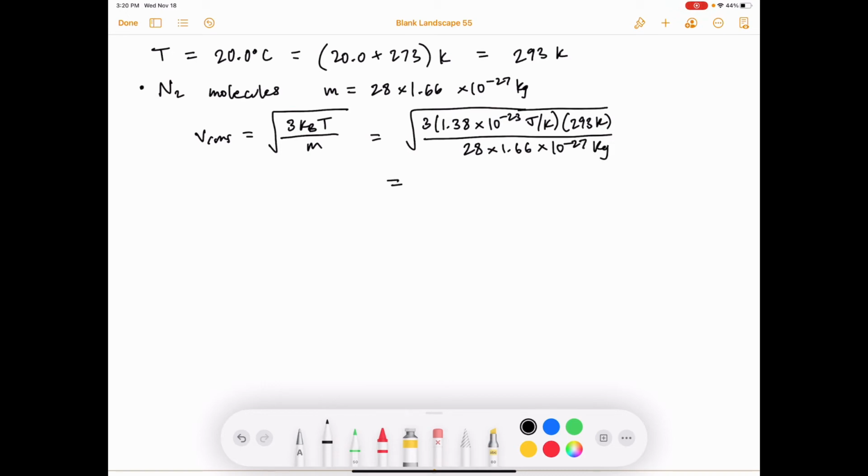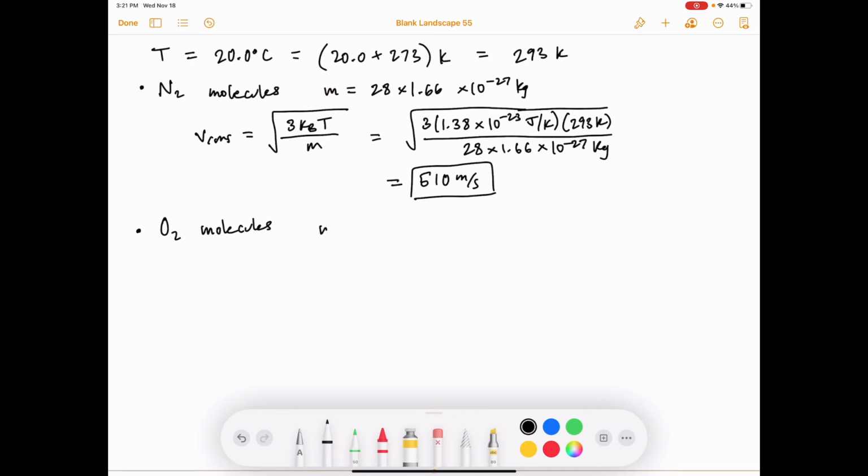If you crunch these numbers, it's about 510 meters per second. So the N2 molecules that are flying around you right now are moving on average at about 510 meters per second. If we do the same calculation for O2,